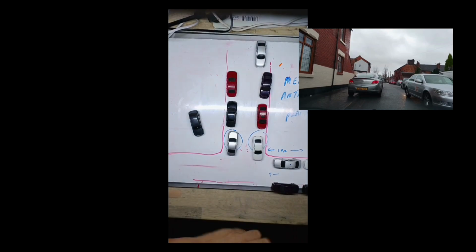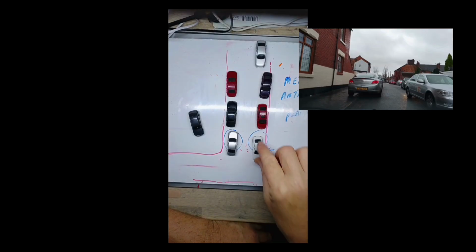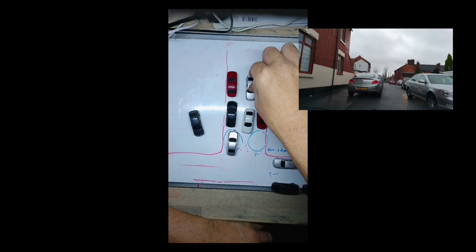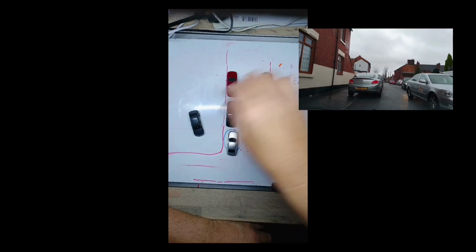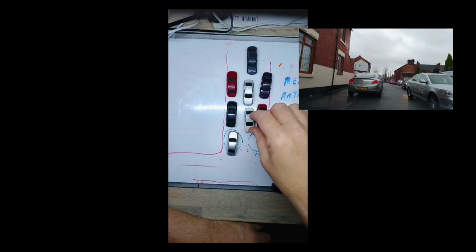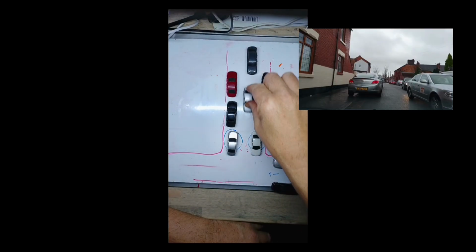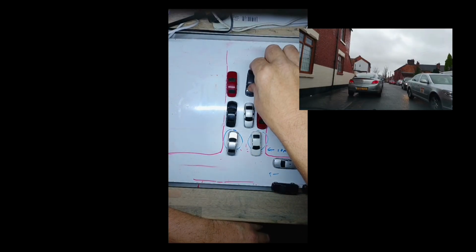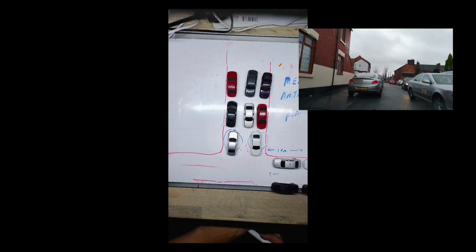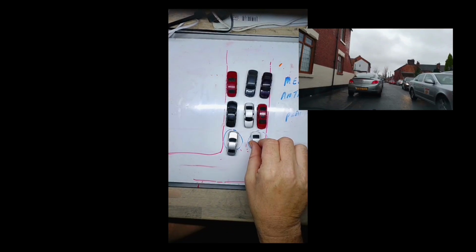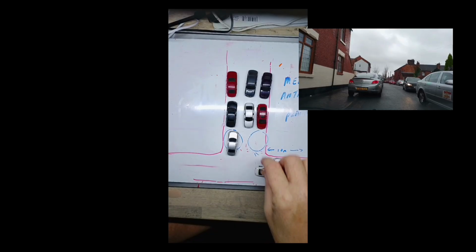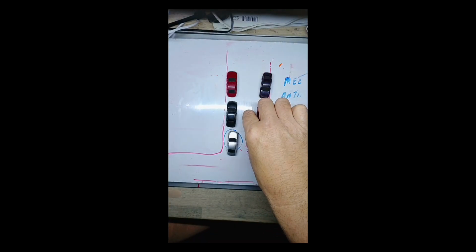But what you get is a caravan effect, where cars will just follow each other religiously into space that they can't see. So what's happened here is the car behind the one you can't see in the footage, and another car has just followed it. So this one's gone into there, this is now here and that one's there. Now neither of us can get past. So I've completed and we've got this. This now allows this one to go because of my position. This one's come in and this one's now blocking slightly.